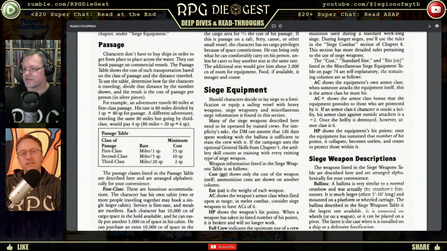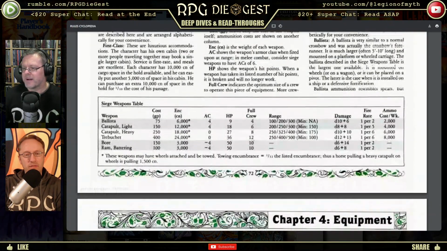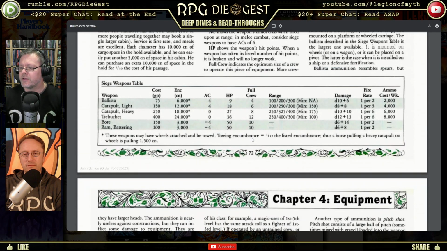Siege and equipment. Then, so yeah, how much it's going to cost for you to book first class passage, second class, third class. Yeah, I get it. You can buy meals. Siege equipment included. We will be talking later on, I don't know what week, but next few weeks we'll be talking about siege warfare. Here you go. You can buy the siege equipment if you want to buy a trebuchet. It's only 24,000 encumbrance because you want to carry it on your back. Now, if you want to put it on that ship, though, that's going to take up 24,000 of its encumbrance